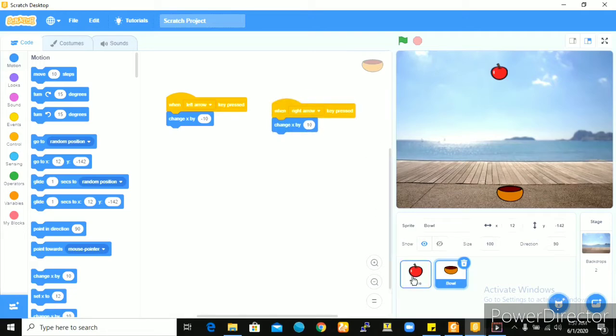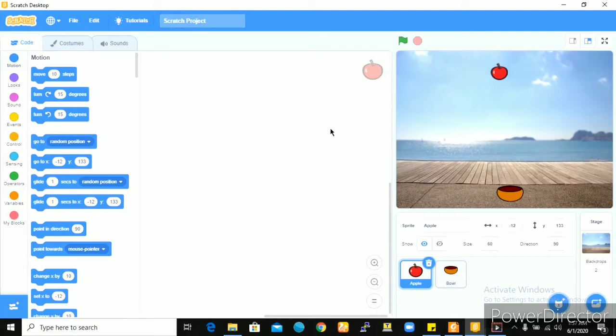So for the apple, now this is where the work is. We would want the apple to fall from here to here, so its movement is on the y-axis. The bowl's movement is on the x-axis. Now the apple's movement is on the y-axis, from up to down and vice versa. So what we'll do